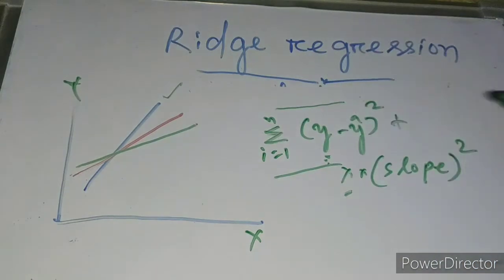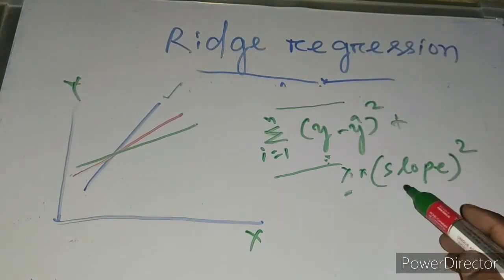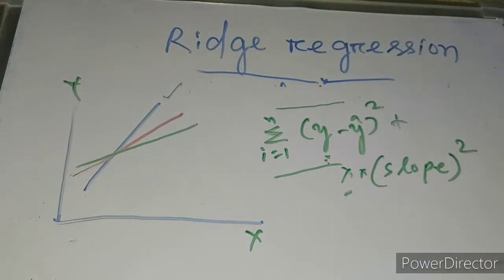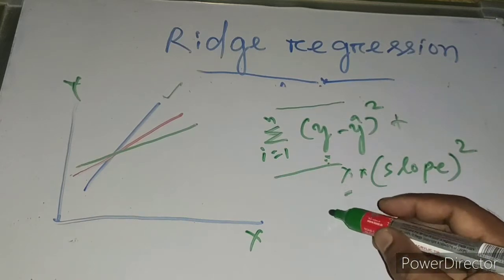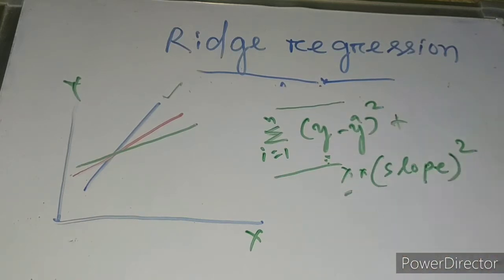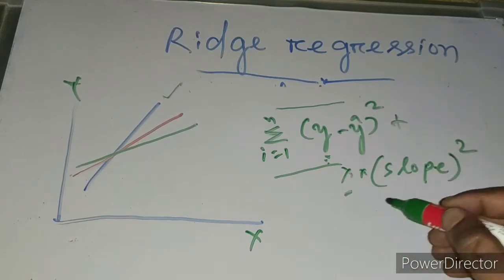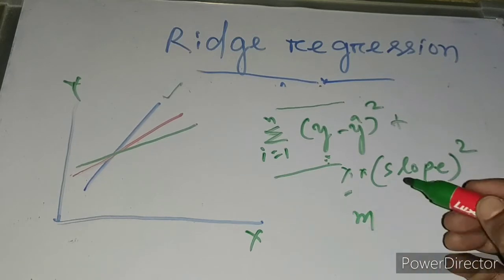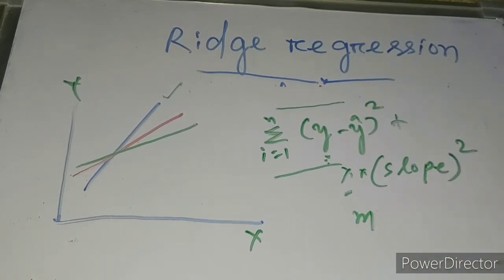This is the slope which we are finding, the square of the slope. How do we find the slope? Slope is simply found using the m value. And how do we find the m value? Using the features. So suppose our slope is m1. M is one slope we have received,